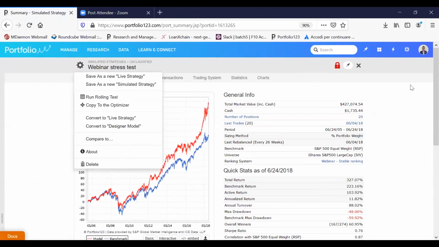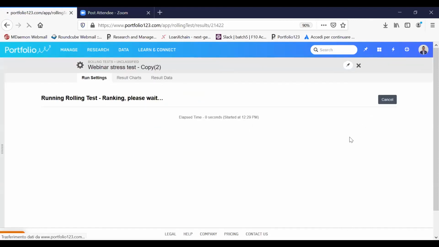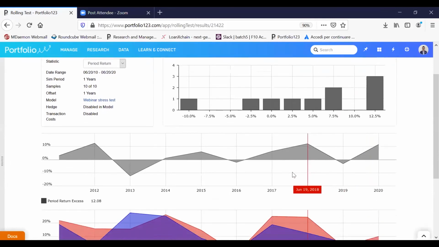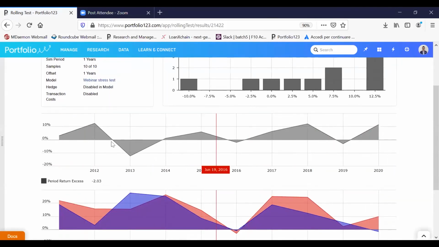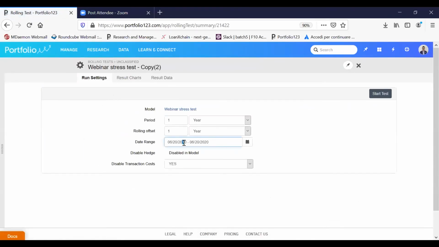Another thing that I want to show you is the rolling test. So here we are running the simulation for periods of 1 year, and adding another 1 year, and seeing how these 1 year periods perform and how they compare to one another. So here we are just looking at the last 10 years, and you can see that, well, maybe let's try to